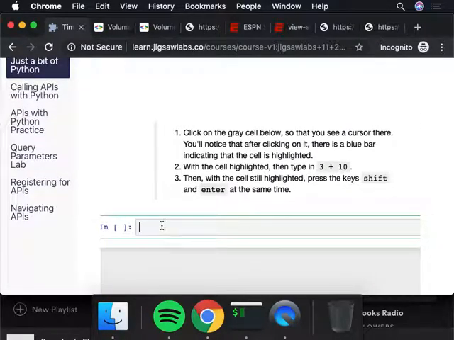Sorry, I can go back to you, but would you be able to send all of this information, like PowerPoint or link? Yeah, every word I'm speaking is already pre-typed for you. Oh, okay, so how do we get that? Just go to jigsawlabs.io. There's no ID, no nothing? You just provide an email address and you're good. Okay, good. And we can go to browsing, like data scientists, just a bit of Python, all that stuff? Yeah, exactly. You can just read through that, and that covers everything that I talked about.